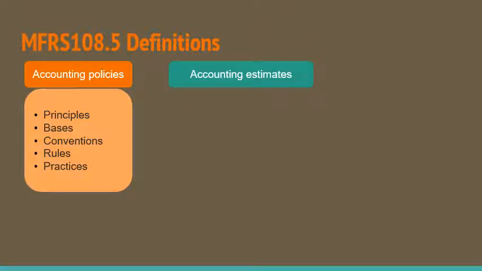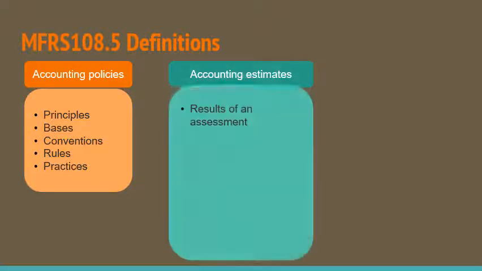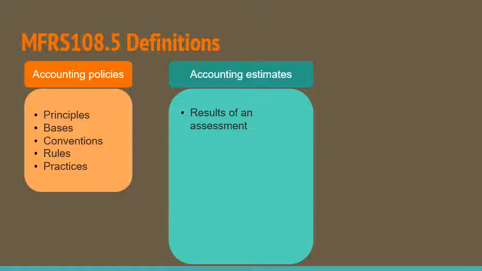Accounting estimate is an approximation of amount to be debited or credited on items for which no precise means of measurements are available. Thus, it is a result of an assessment. A simple example is the depreciation. Not only the depreciation itself, but the information to get to the depreciation is also an estimation.